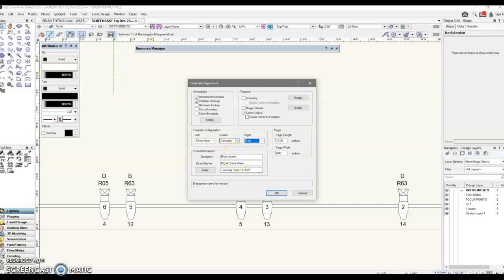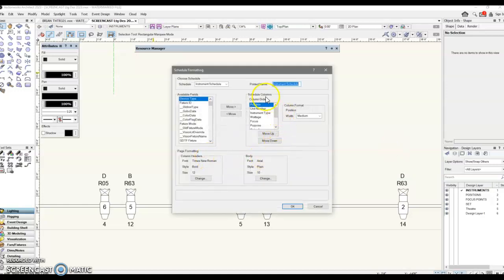I'm going to put in my name. You put in your name, of course, the show that you're going to light, and then you can click on date and it will update to the current date. Once you've done that, don't click OK yet, because you've got to set these up. When you set them up, you'll have a schedule